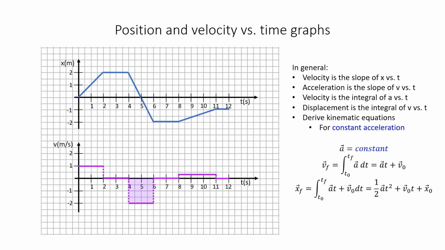In general, velocity is a slope of position versus time. Acceleration is a slope of velocity versus time. Velocity is the integral of acceleration versus time, and displacement is the integral of velocity versus time. We derive our kinematic equations for the case of constant acceleration. Now recognize these equations are only good for that case. If you have some acceleration that's a function of time, you actually have to do that